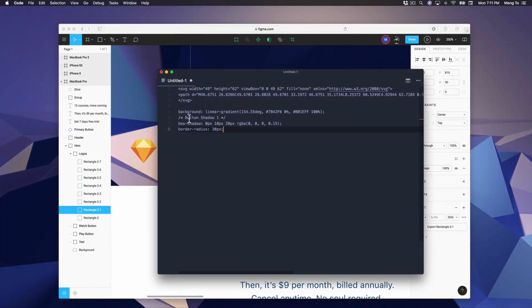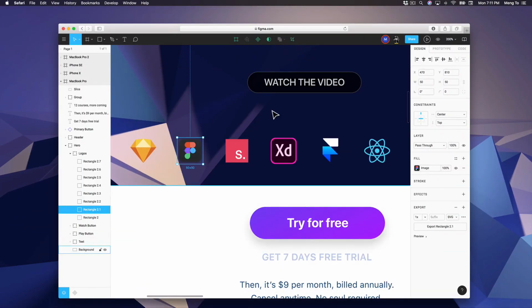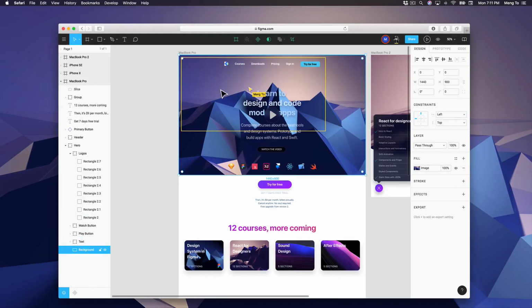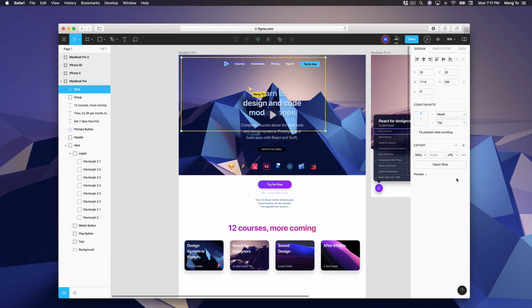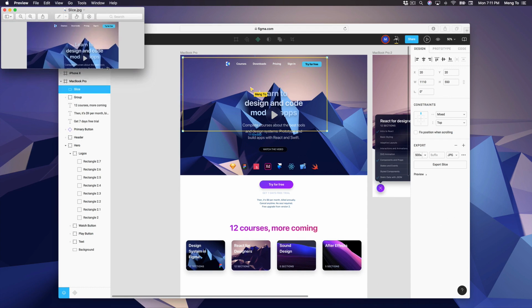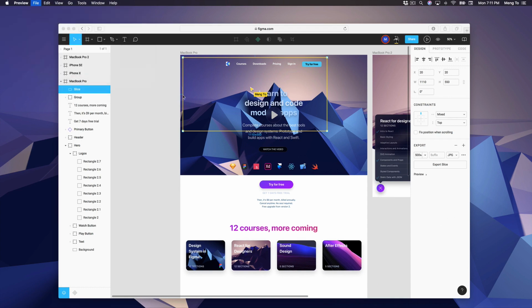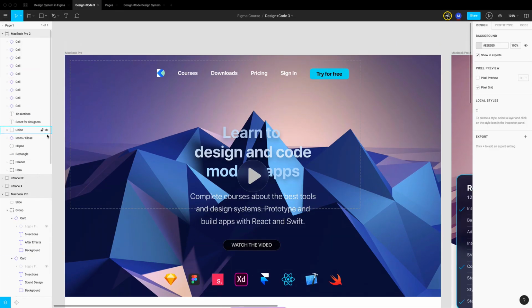So the next person can go to this slice and export it, and get it at a 500 resolution in terms of width. So for now, I'm just going to remove the slice,